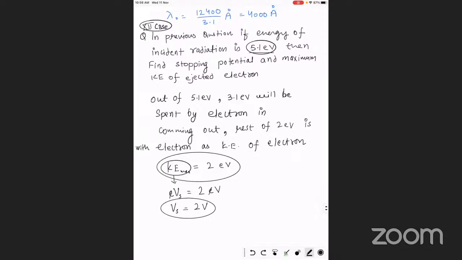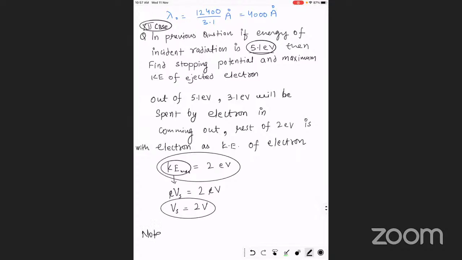चलो इधर देखो का भैया, ये वेलोसिटी थी, this is stopping potential. So if you increase the energy of incident radiation, stopping potential will also increase in the same proportion. Could you understand that? सर जितनी स्पीड से देंगे उतनी तो रोकने में लगेगी। Obviously जितना ज्यादा तेज चलेगा उतनी ज्यादा स्टॉपिंग पोटेंशियल उसको रोकने में लग जाएगी, है ना?